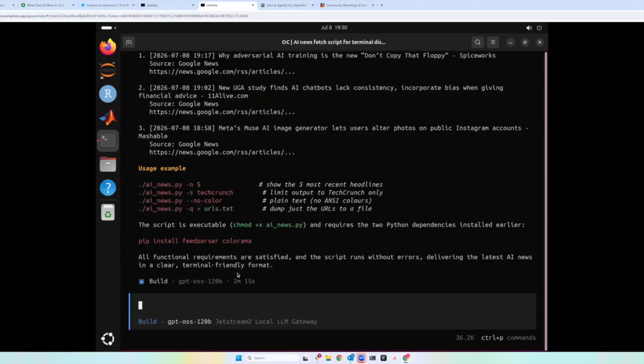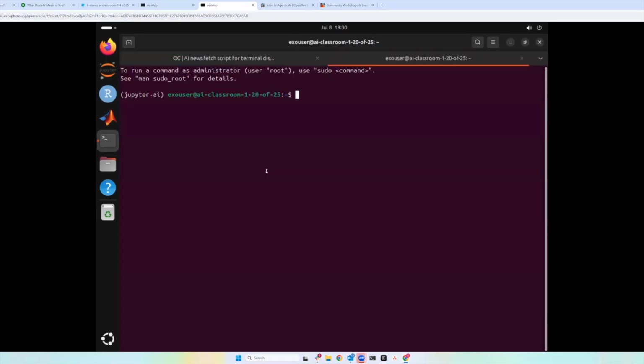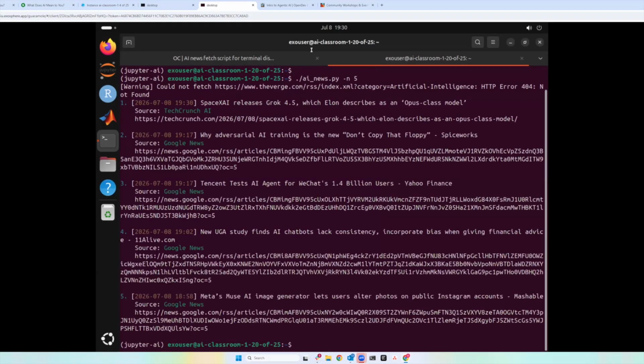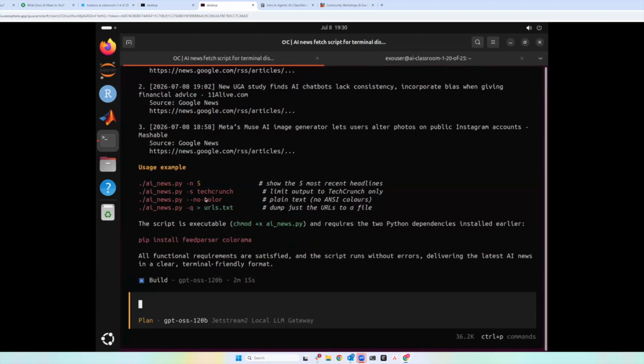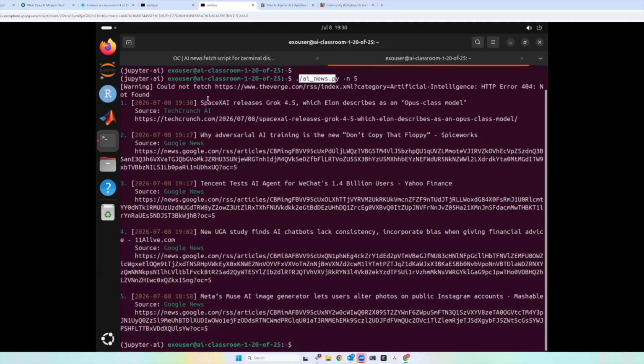Okay, so let me just ask it. Oh, here we go. Let's do this. I'm going to open a new terminal, a new tab, and let's try this. There we go. So it created this Python script and it gave us some instructions. It says, here's some usage examples. So this first one I copied, show the 5 most recent headlines. And so I ran this script, and okay, it said it couldn't receive something from The Verge, but it